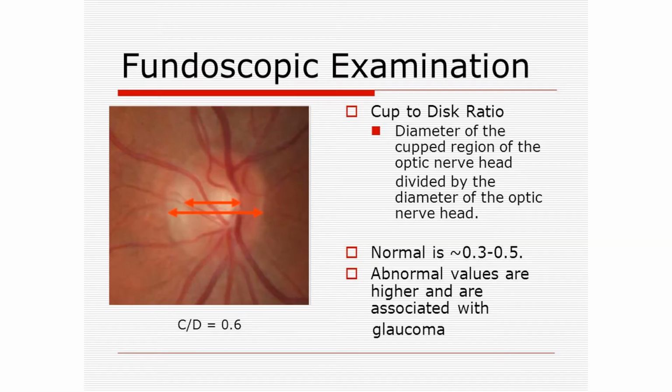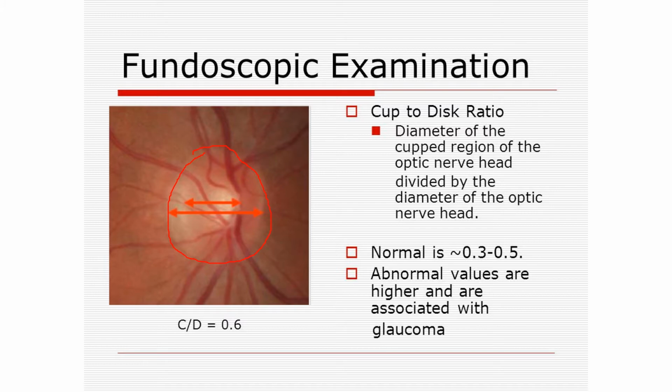In the department of neurology, the most important part of fundoscopic examination is to detect the optic disc and optic cup. So what is the optic disc? The optic disc is the most anterior part of the optic nerve. This is the optic disc, the most anterior part of the optic nerve, and this is actually the exiting region of the axons